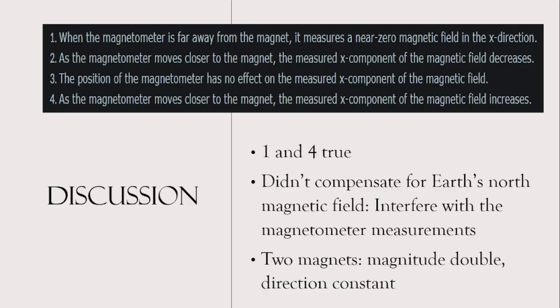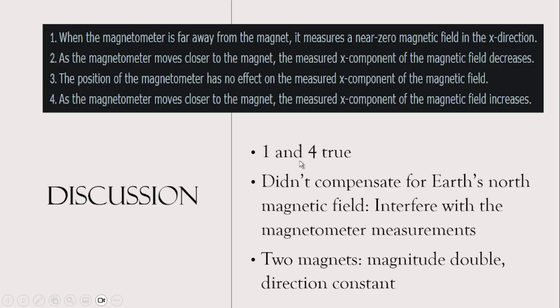Now for the discussion questions, due to our observations, we found the first and the fourth statement to be true. When the magnetometer was far away, we saw that the measured magnitude in the x direction would decrease close to 0, and then as it moves closer, the measured x component would increase. And this aligns with the Biot-Savart law